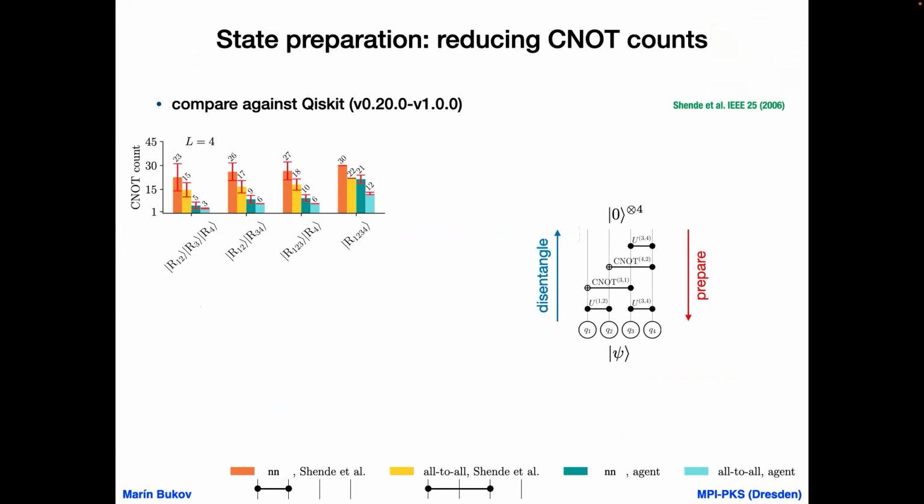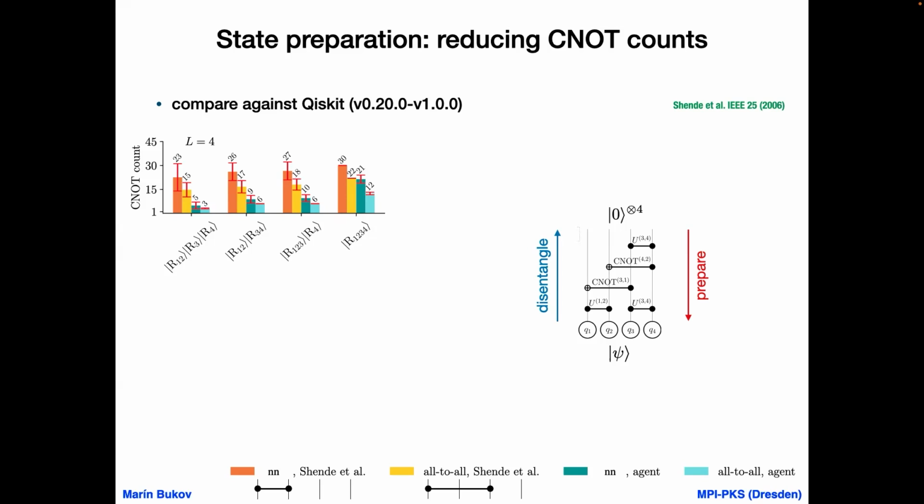what Qiskit is doing when you want it to prepare a state is it takes a state, it first disentangles it, and then it runs the circuit in reverse order in such a way as to prepare the state. So what we ask ourselves is, how many CNOT gates does Qiskit use, and how many CNOT gates does our agent use? And this is essentially what you see here. So you see different colors. This version of Qiskit is using this algorithm by Shende et al. from